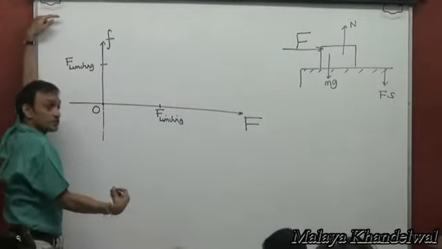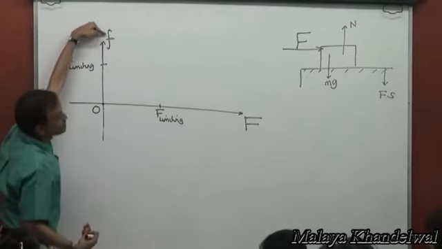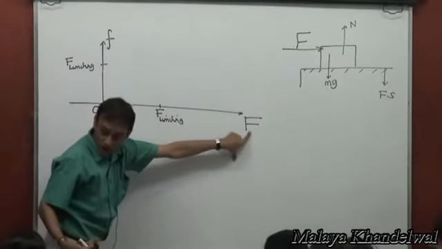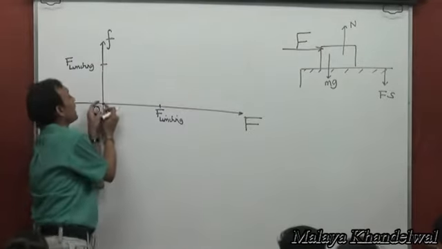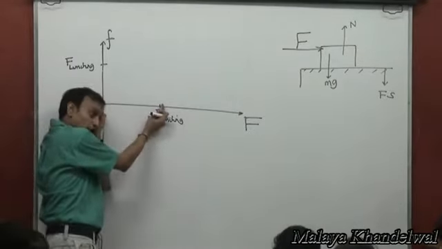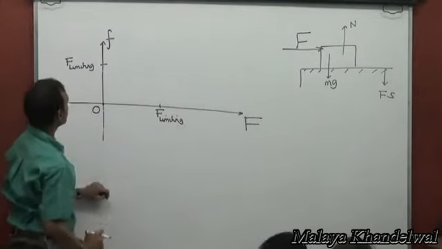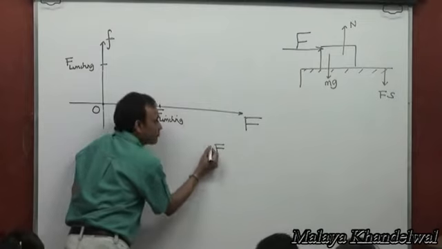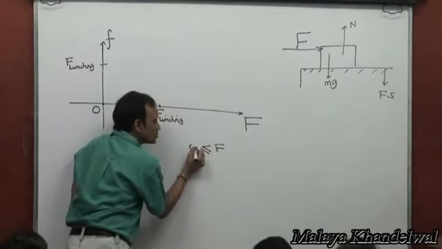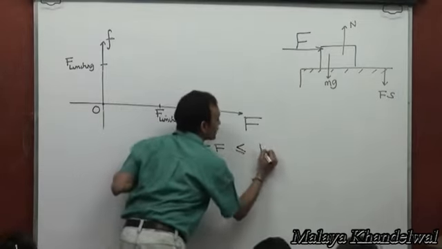At each instant, the value of the frictional force matches the value of the externally applied force, as long as the externally applied force lies anywhere from 0 to F limiting. That means, as long as F, the externally applied force, is greater than or equal to 0, less than or equal to F limiting,